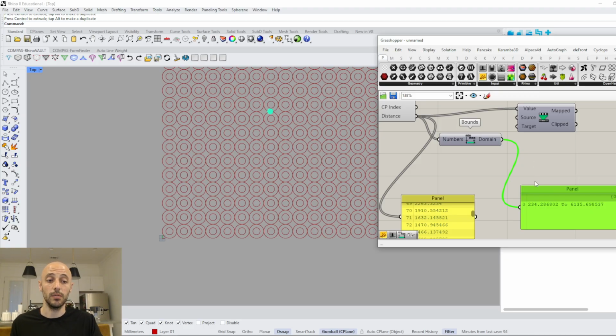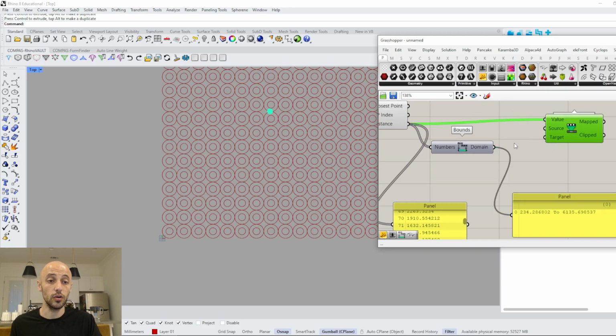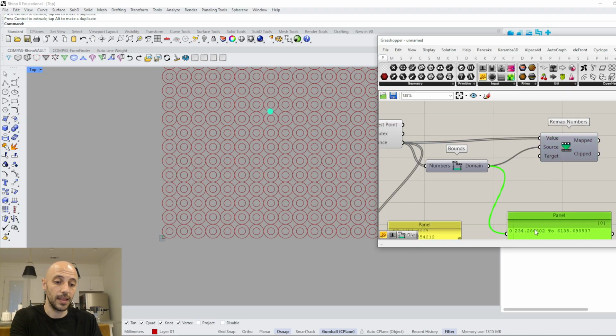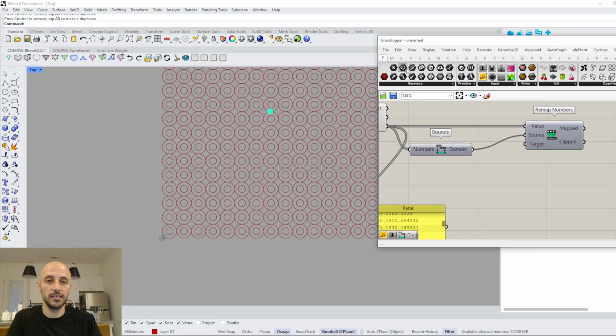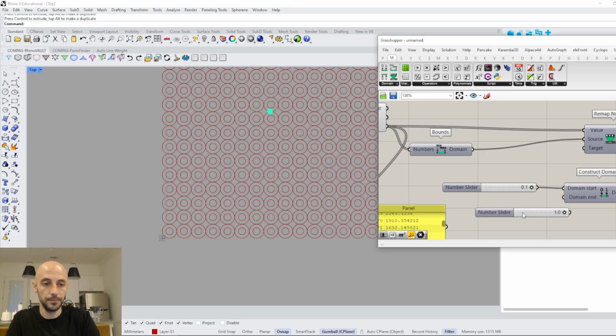6,135. So what I want to do is use this as 0.1 and use this as 1. So this will be the source input, because it's basically asking me for the source domain. In this case my source domain is this, and I can turn this off. As the target, I can go to the Construct Domain component, and this domain will give me a range of 0.1 to 1.0,